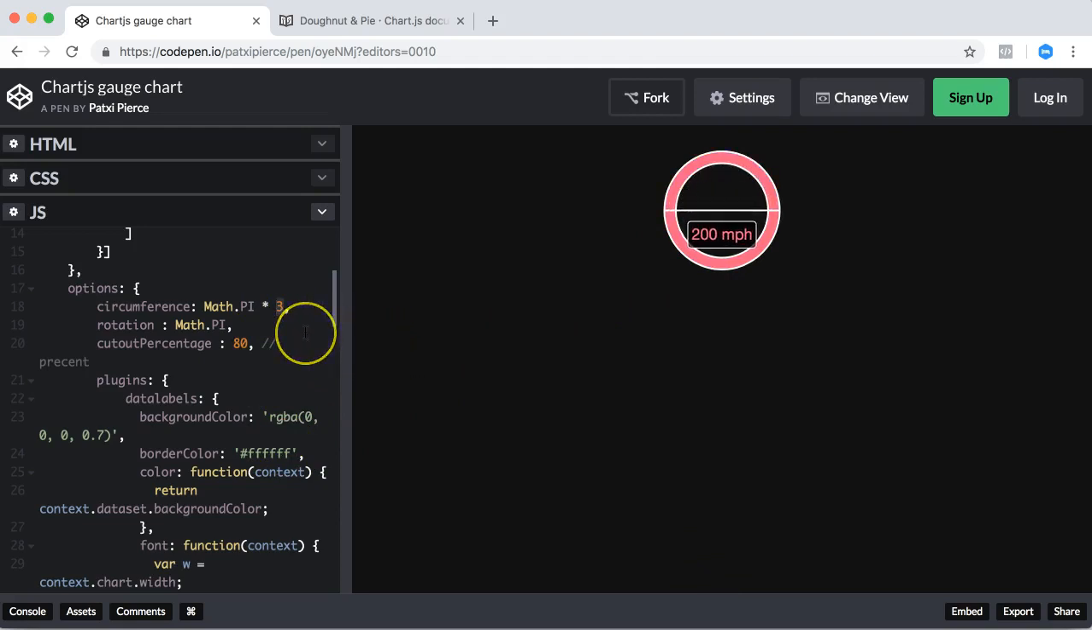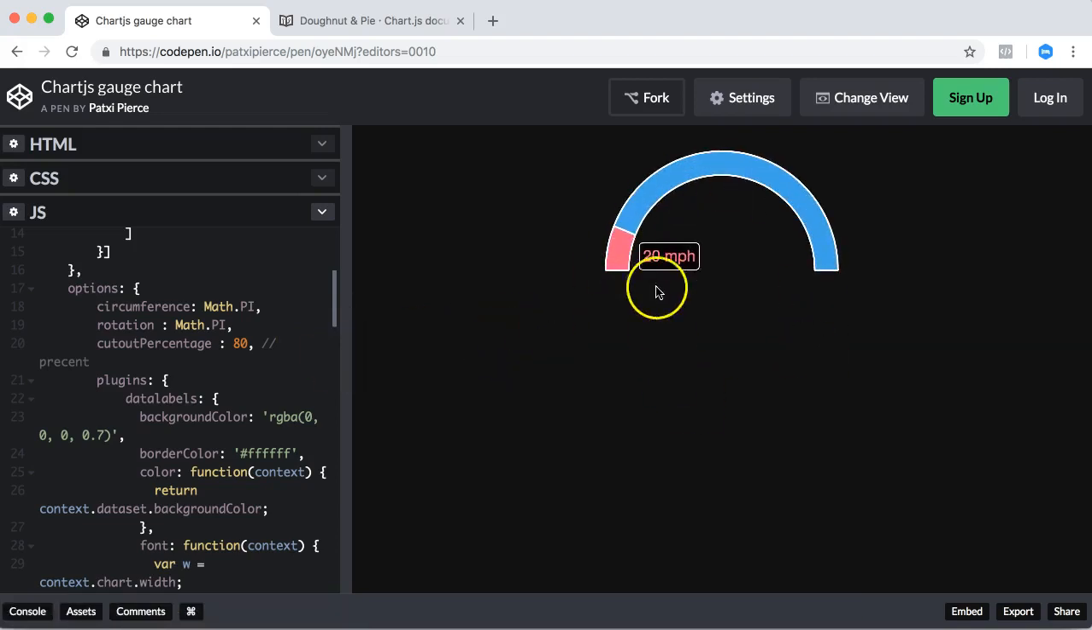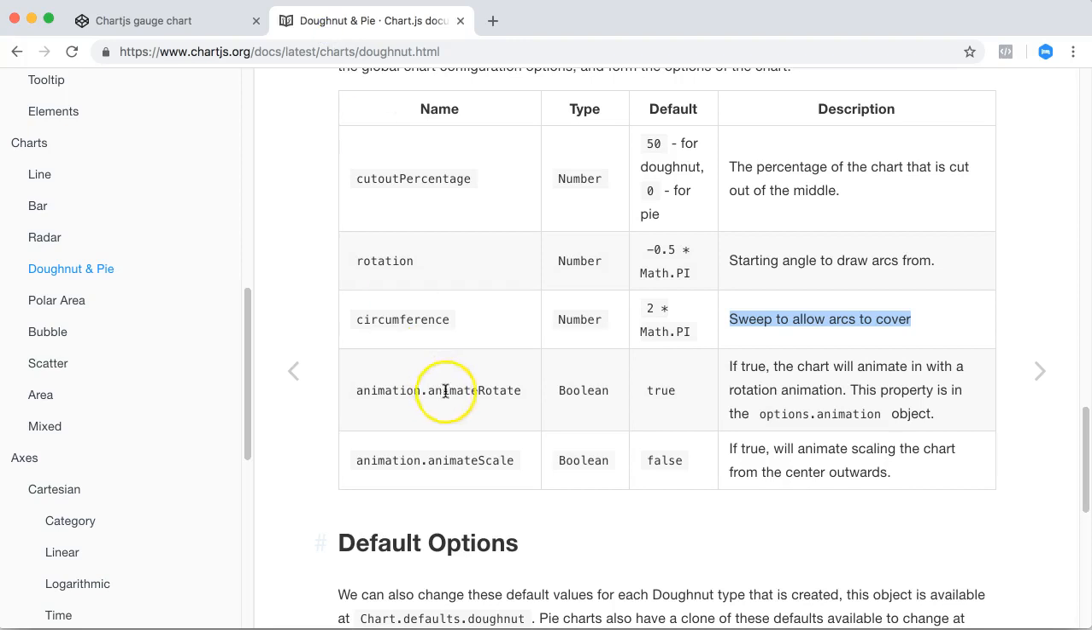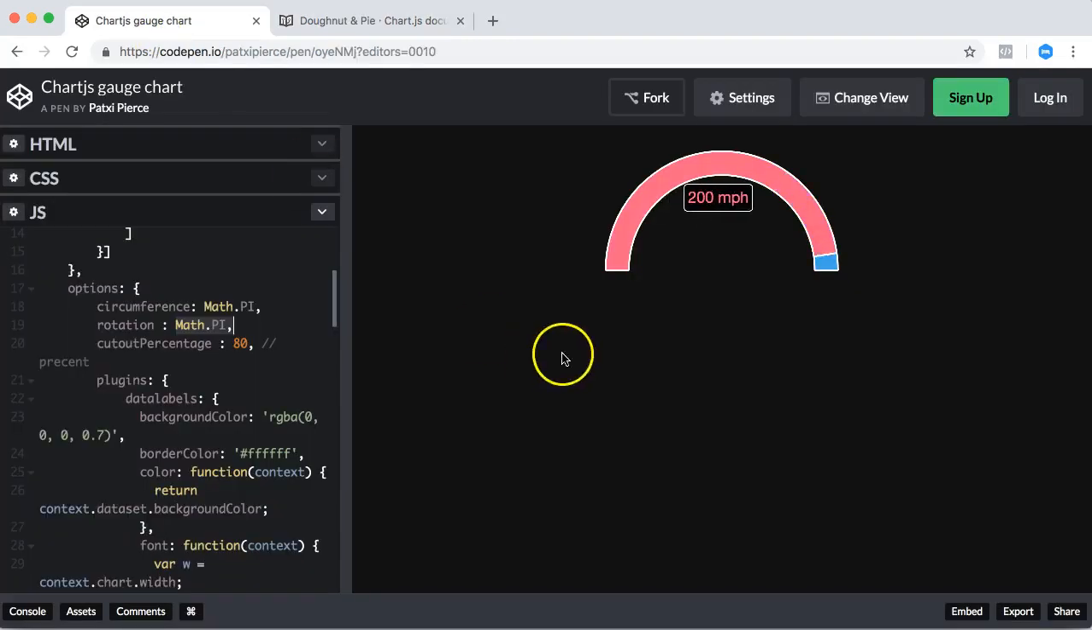So what will happen if you just remove this again? Then we have again our original starting point. And now you will say, well, okay, this is fine. What about the rotation? What is the rotation? So the rotation here is this starting angle to draw arcs from, meaning the starting point where you draw the arcs. So right now, you can see the rotation by default is math.pi in this